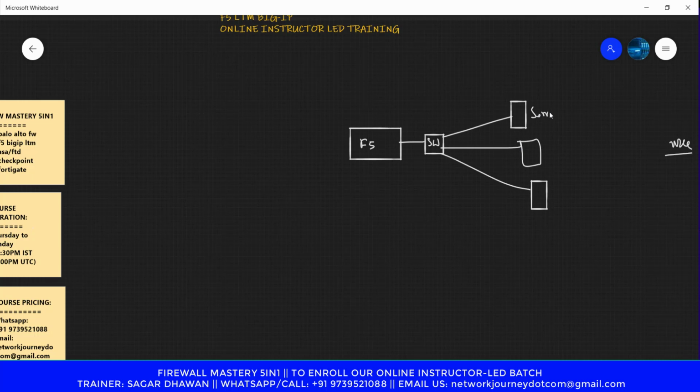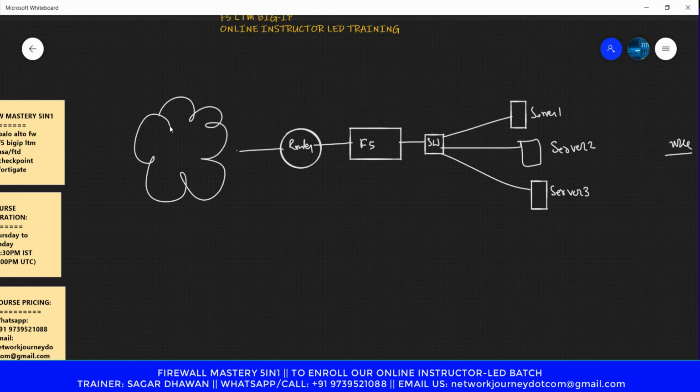Server 1, server 2, server 3, and here I can keep my router or firewall, anything. This router then connects to ISP or internet, and on the other side we have different users.